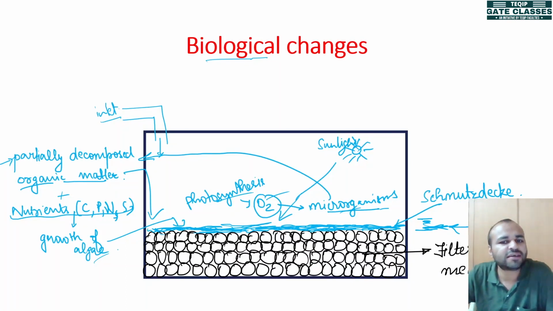They die since neither their food is available nor the oxygen to live. So what happens? A layer of dead cells accumulates on the top surface. एक layer सारे ही dead cells के कारण accumulate हो जाती है, इकट्ठी हो जाती है इस पे. तो इसमें आगे क्या होता है?